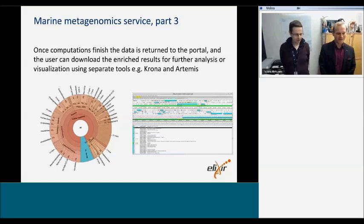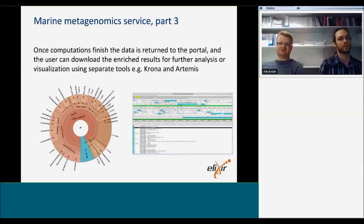Back to Norway. This basically shows how the end users will consume the data after it has come out of MetaPipe. After MetaPipe is done running, the end user will download the result and open it in the programs that the end users are using. If we go to the next slide,